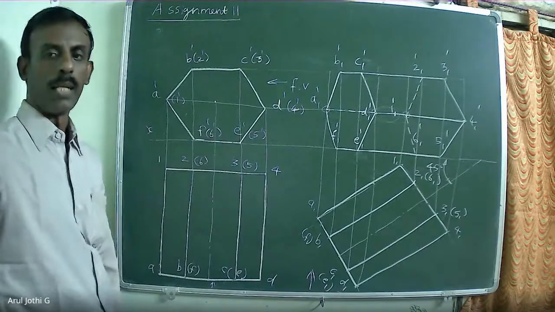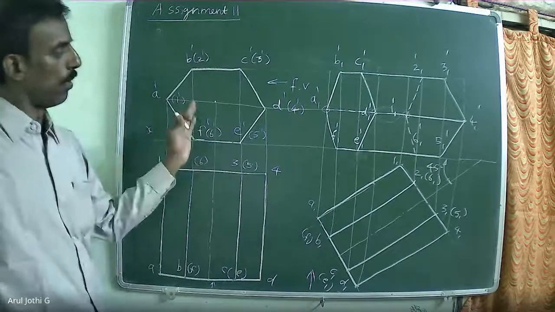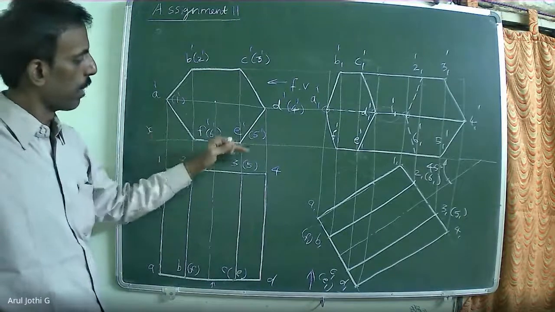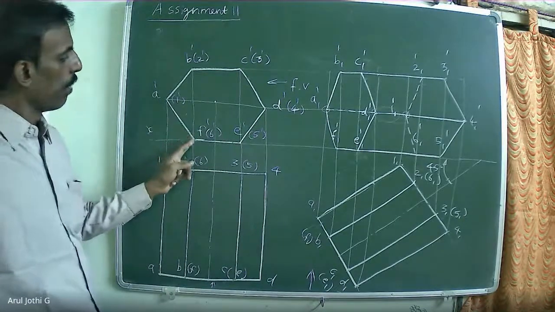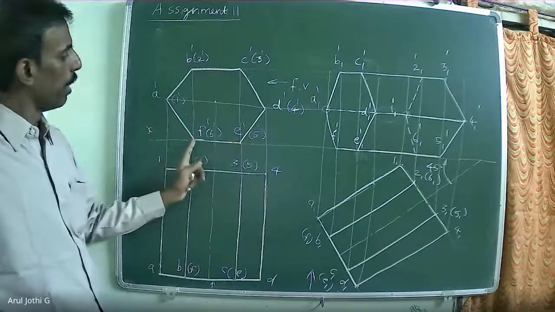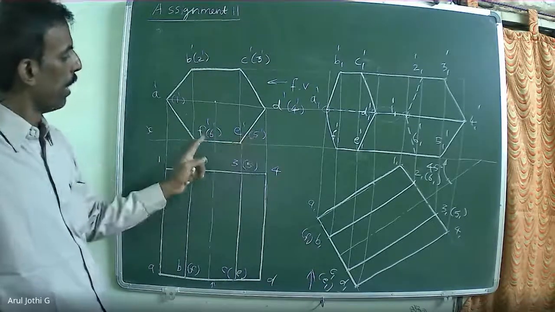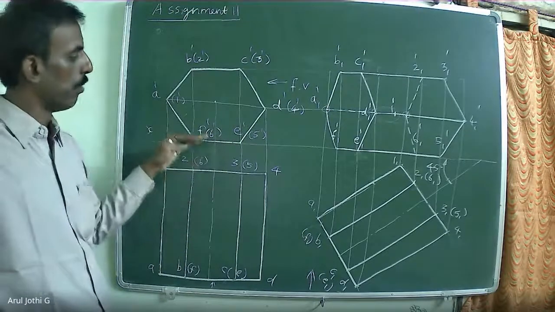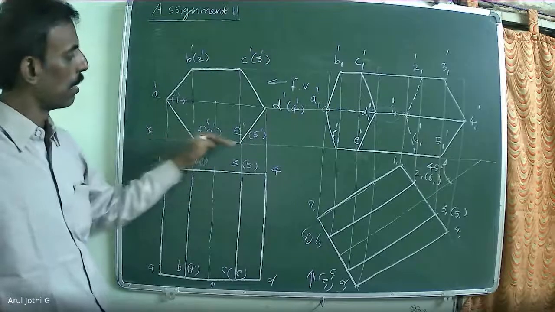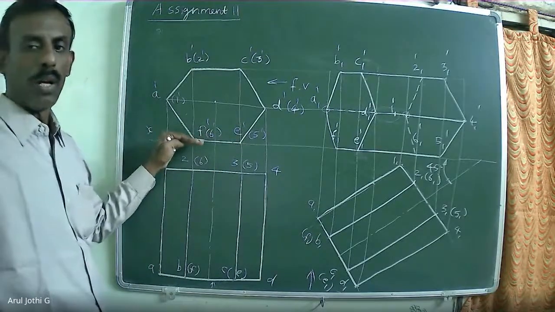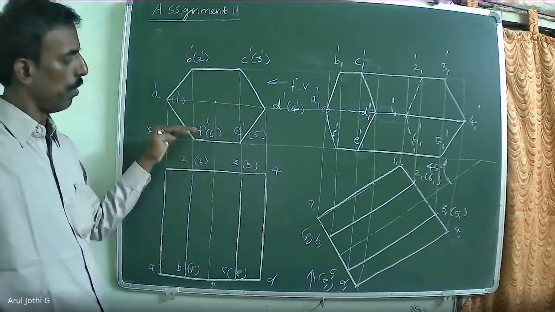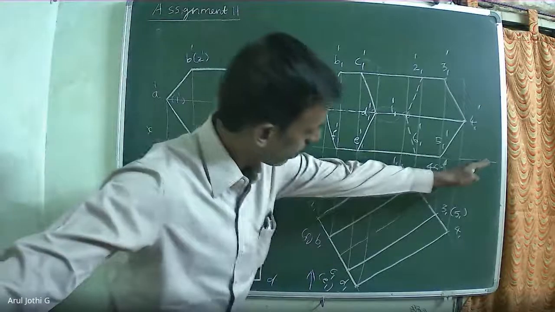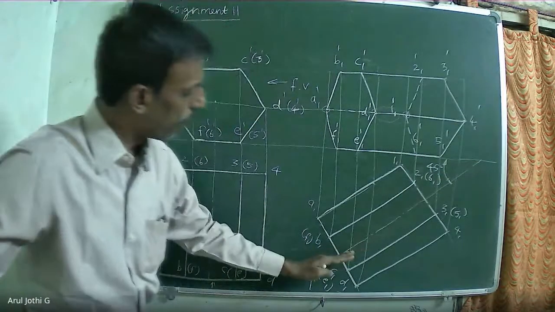Okay. So when the axis is inclined to VP, you have to start the diagram in the front view with one of the rectangular faces resting on HP. So keep it this way. Now look at the diagram. Four corner points are available: F, E, 5 and 6. So the four corner points will form the rectangular face. So we can say that the rectangular face is resting on the horizontal plane. Okay. So using this, you can identify. The final topic is axis inclined to VP, with one of the rectangular faces